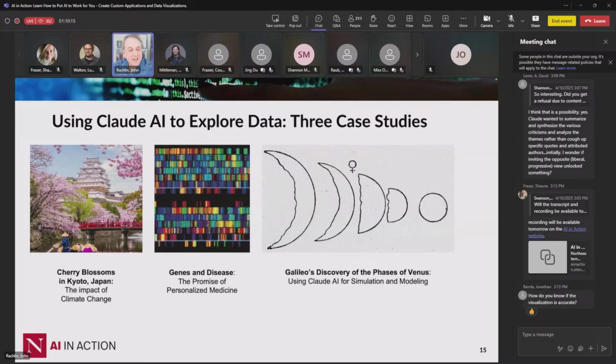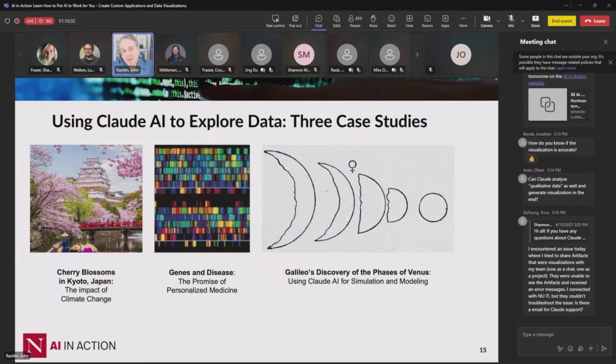The first involves a really fascinating data set involving a record of when the cherry blossoms in Kyoto, Japan come to full bloom. And remarkably, this data is available going back 1,200 years and can reveal some insights about the nature of climate change. We'll also study the connections between genes and diseases and what implications this has for the